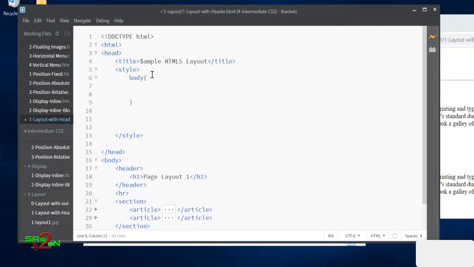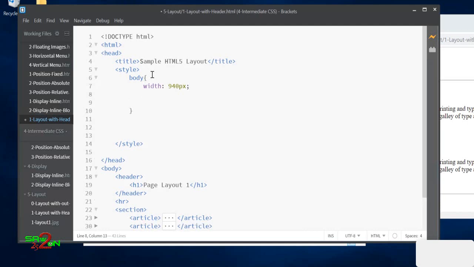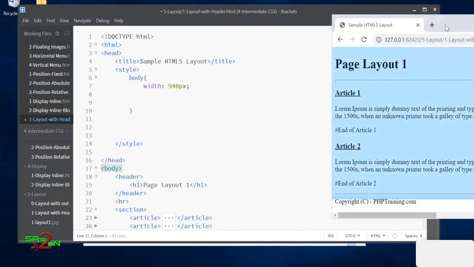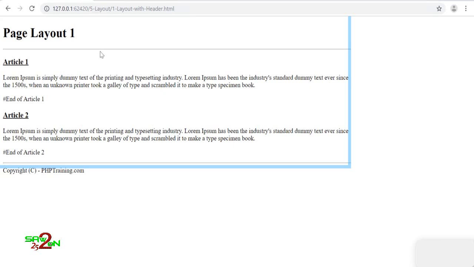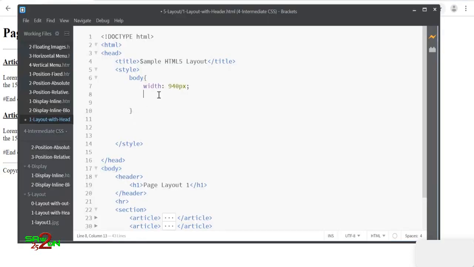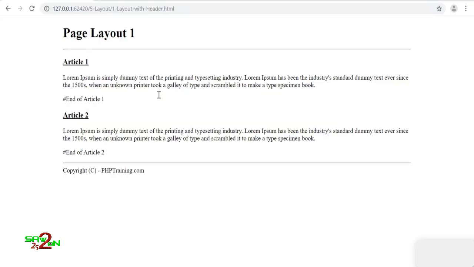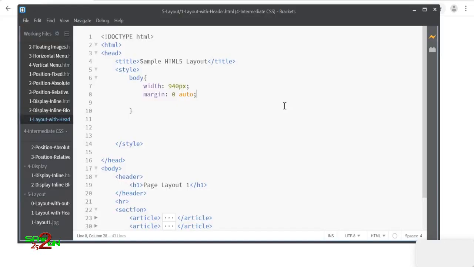So we'll have a body, and this is the width of your page, so 940px. So you can go up to 940px. When you float, the text will float all around within 940px. When you want to bring things to the center, you could say text-align center, but what is a good way to do it? You can have the margin of 0 and auto, so they all float to the center.